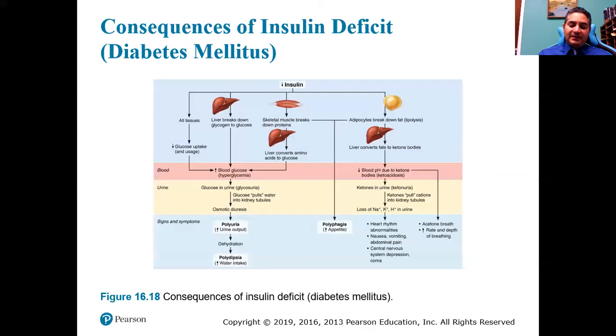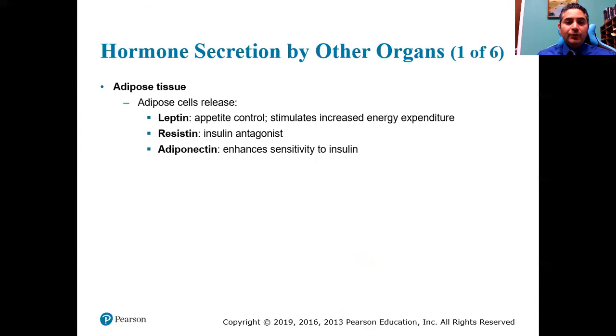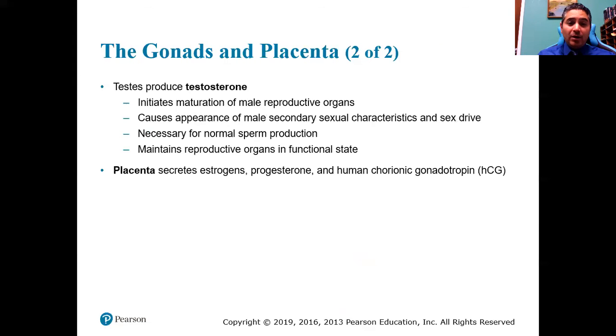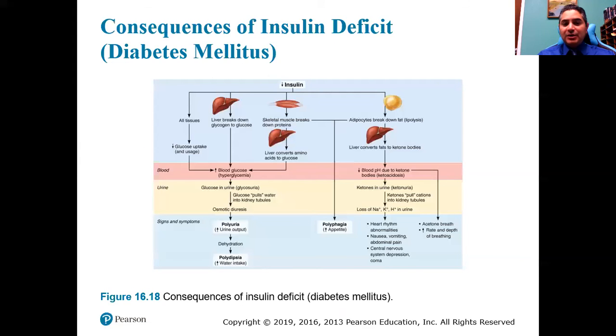Feel free to take a look at this chart. It's a nice little chart. I like it. It shows what we're talking about. And we're going to stop here. We're not going to go through hormone secretion of adipose tissue and the gastrointestinal tract. We focus on the main ones. I know this chapter is very long. We'll get into chemistry. So we're going to end it here with the DM,